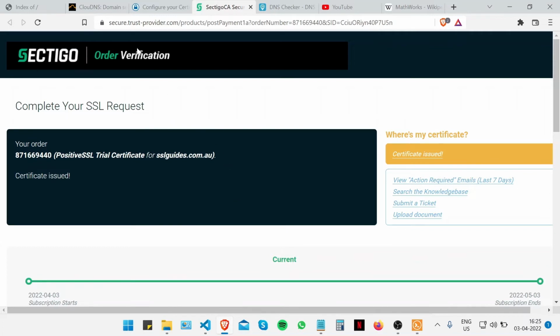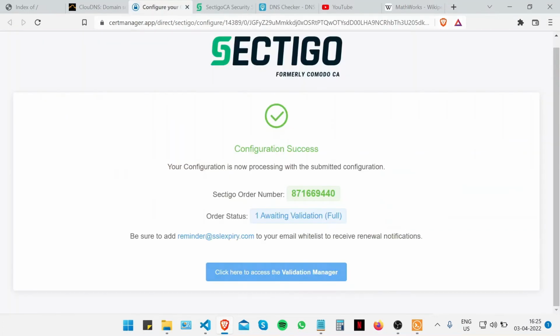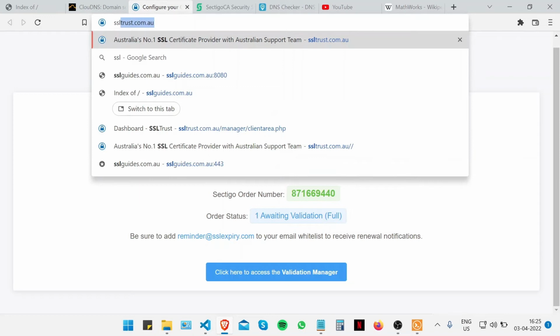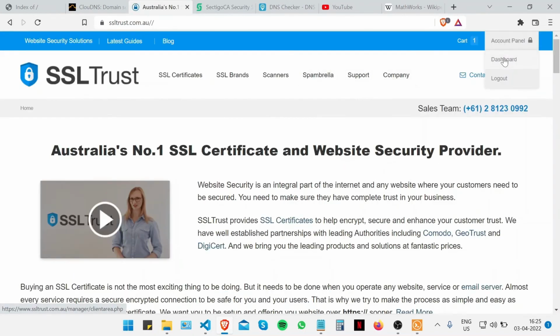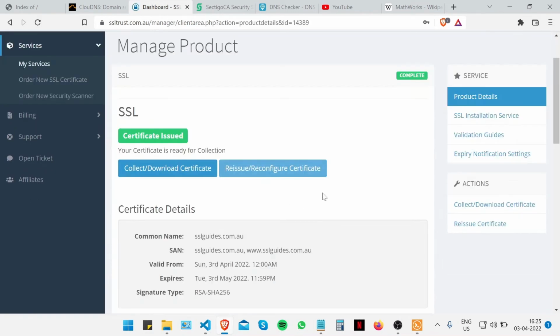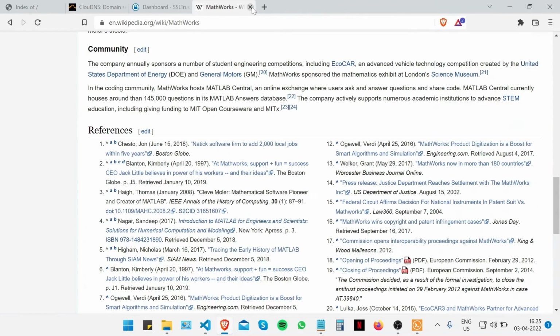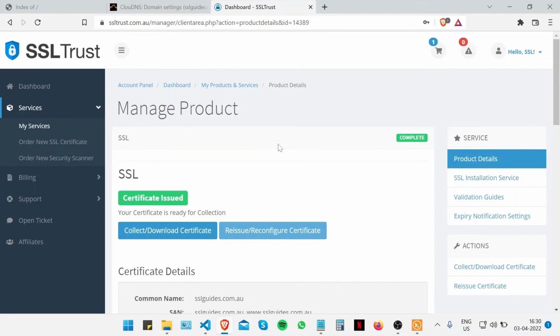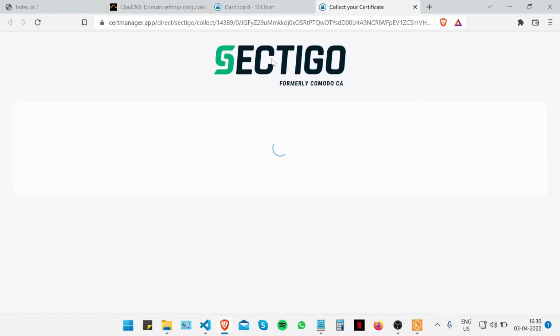By any chance, if you're ever lost in your configuration process, you can always head to the SSL Trust Dashboard and then click on your certificate, and there would be an option here called Access Validation Manager. You can access the validation manager from there too. So we're going to close this up, and now you can collect or download your certificate by pressing on this button right here. Once you do that, you'll be redirected to the certificate collection page,